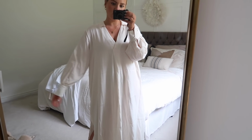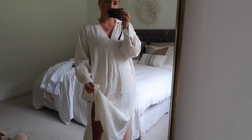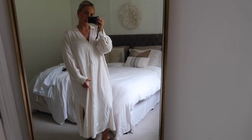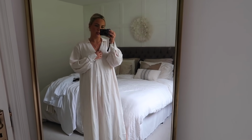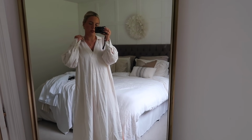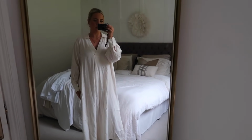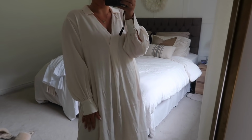So the first dress, this is from their Conscious collection, I believe. It feels like a silk. It's kind of like a kaftan style dress with a little bit of a slit at the side. Love the V-neck. There's no buttons. It's just kind of open with a little bit of a collar. There's buttons on the side of the arm here if you want to open it up for a little bit more breeziness, but I just love how flowy